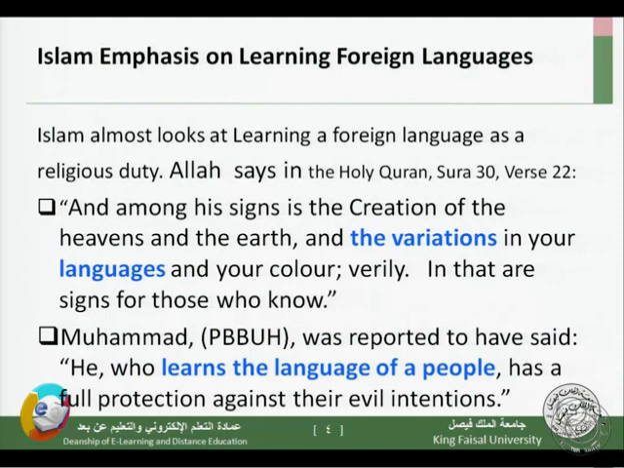One of the characteristics of Islam is that it emphasizes learning in general, and it has emphasized learning a foreign language, to the extent that learning a foreign language is like a religious duty. Now, if we take just one example from the Holy Quran, Allah subhanahu wa ta'ala says,